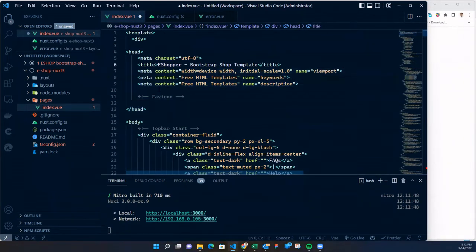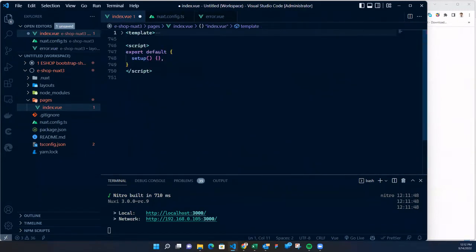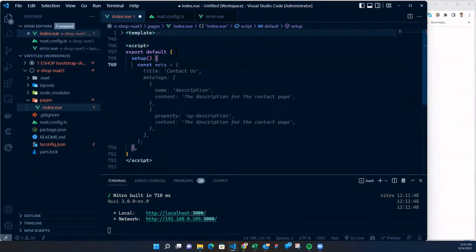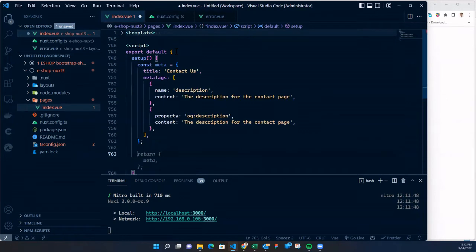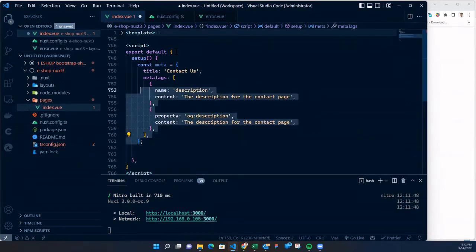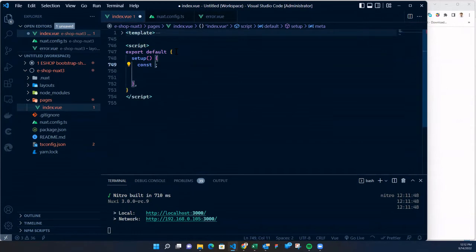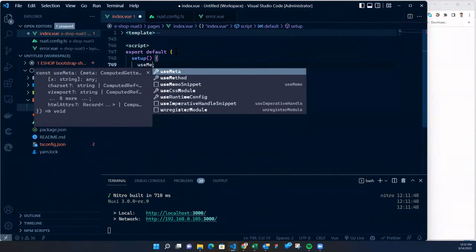I think we will, no, we will not remove this head tag. We will need this part because these are the metadata of this page, correct? Yes. So we will get rid of this template, and inside this setup, what we want to do is that const meta, we can do is use